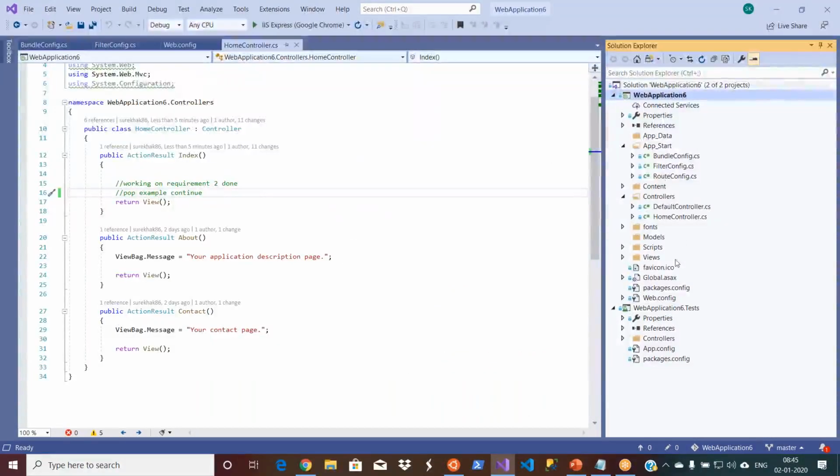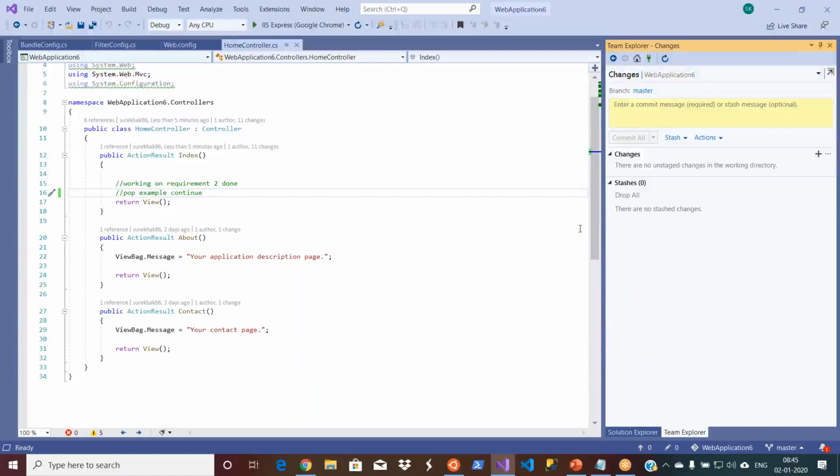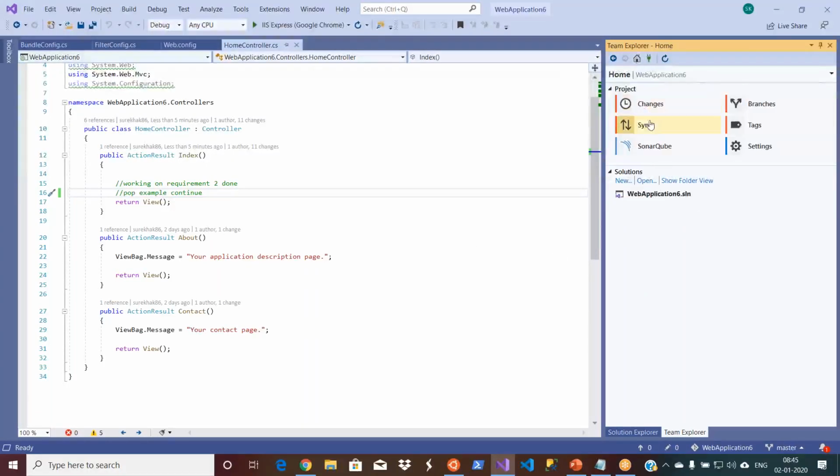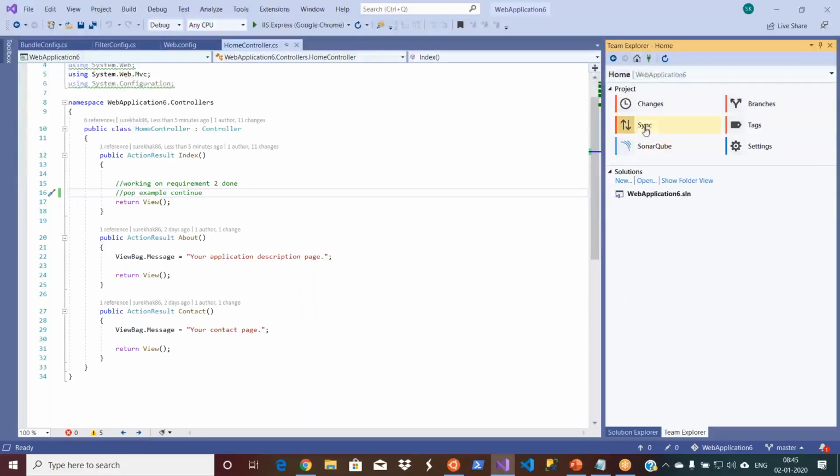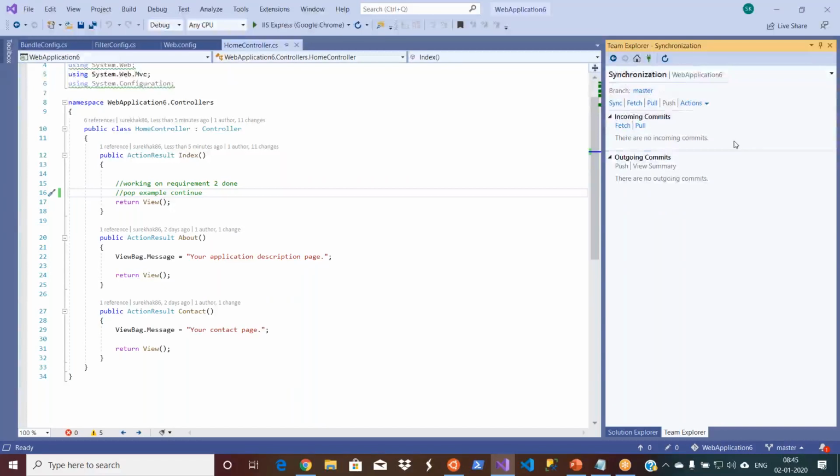Okay. Now let's go to Team Explorer. Here, and then changes. You can click on changes, or you can go on sync. Click on sync. If I click on pull, right now my local repo, of course I did change with the same user ID in the portal, but my local repo still doesn't have the latest. So this is also a scenario. Let us see if your Visual Studio is not working the way it didn't work for me last week, in a similar way, you may get the issues as well.